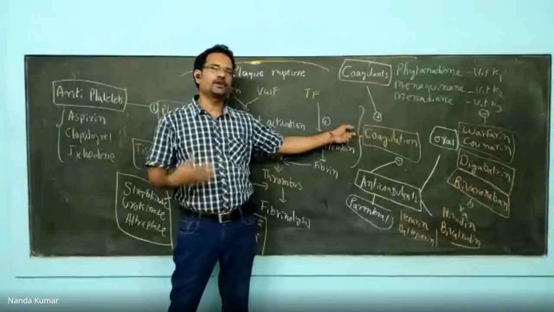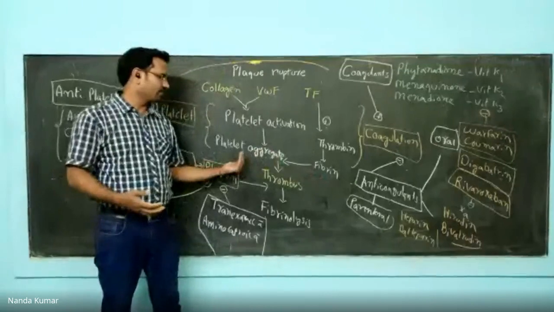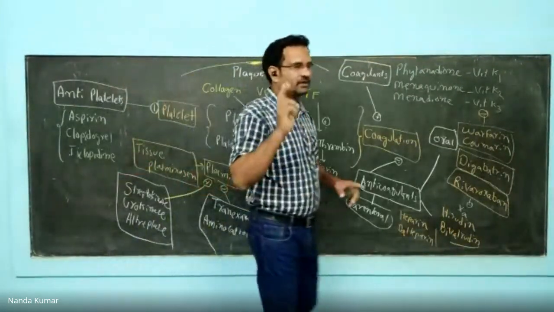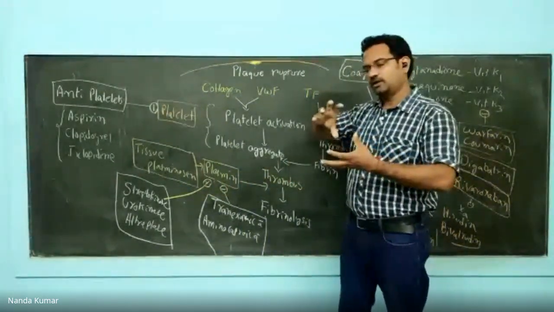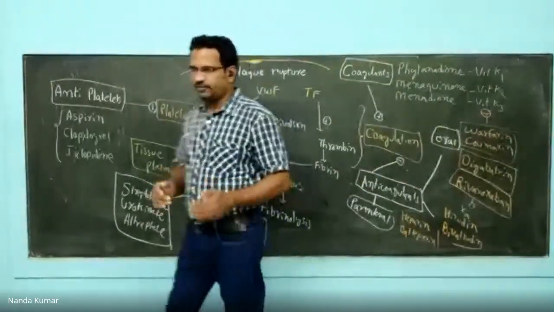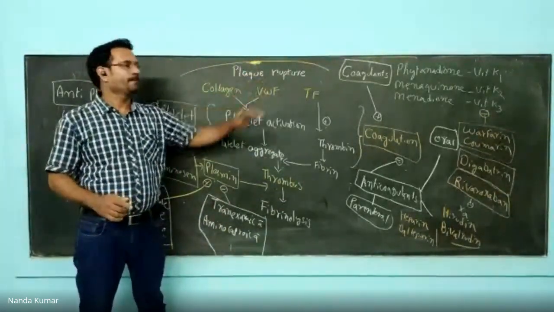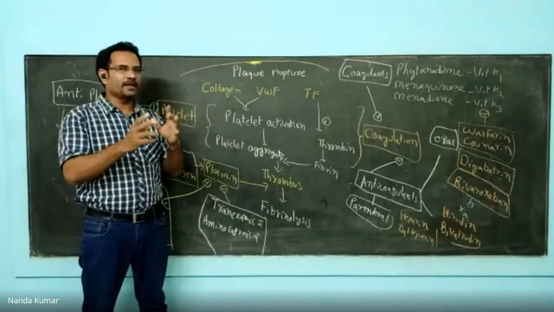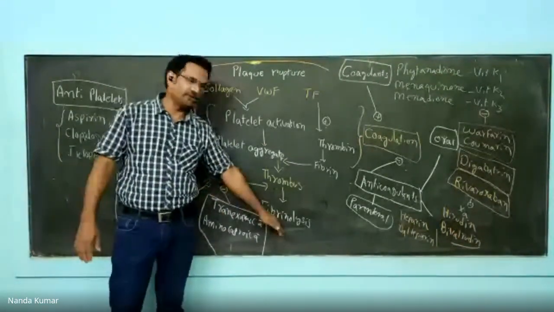It goes on with the help of a lot of coagulating factors. Once this occurs, the fibrin combines with platelets and forms a thrombus. So thrombus is a combination of platelets, fibrin, and trapped red blood cells. All of them will form a strong clot that is nothing but thrombus. Now, once the thrombus is formed, the job of thrombus is to arrest the blood leak or to arrest the bleeding. After that, slowly the blood vessel will get repaired. Once it is repaired, you don't need the thrombus. The thrombus breakdown occurs in a process called fibrinolysis.